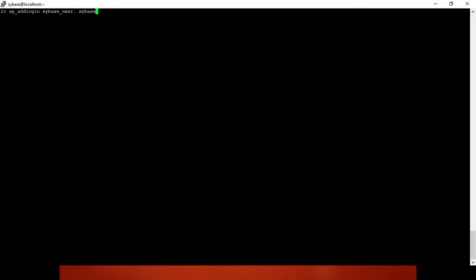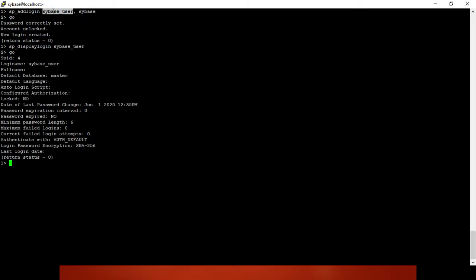This is the command to create a login to the database server. The login is created.